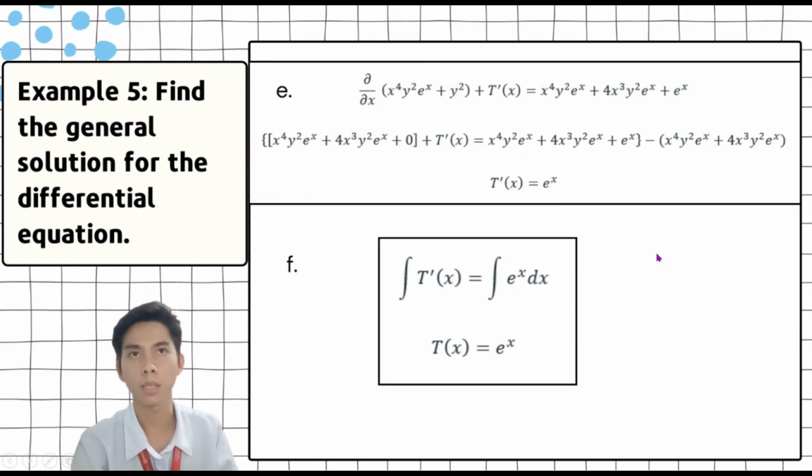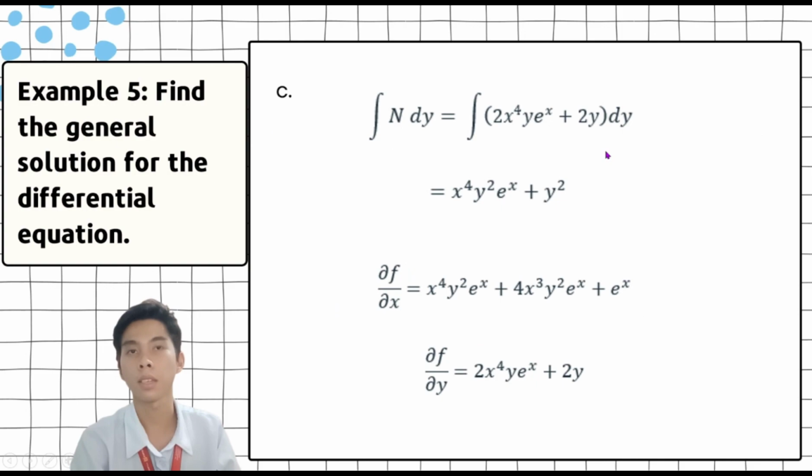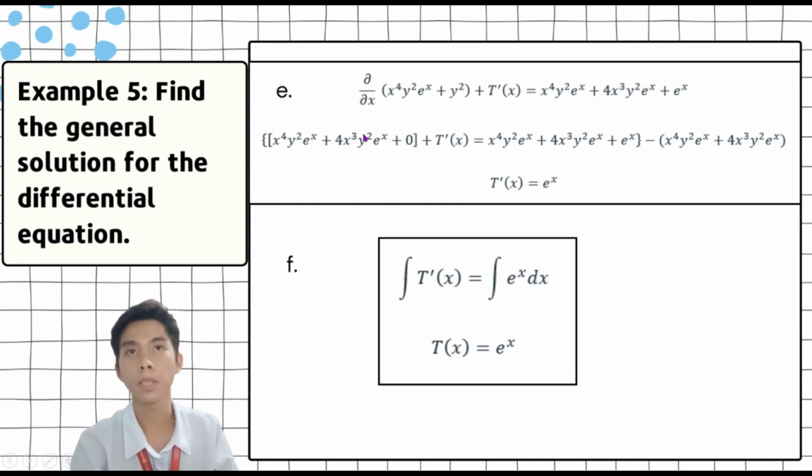Then the next step is to get the partial derivative of this equation with respect to x and equate it to the partial derivative of f with respect to x, which is x raised to the power of 4 y squared e to the x plus 4x cubed y squared e to the x plus e to the x. So now the partial derivative of this with respect to x is x to the 4 y squared e to the x plus 4x cubed y squared e to the x plus